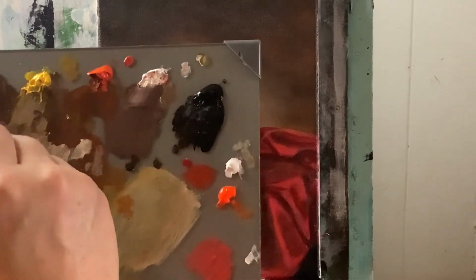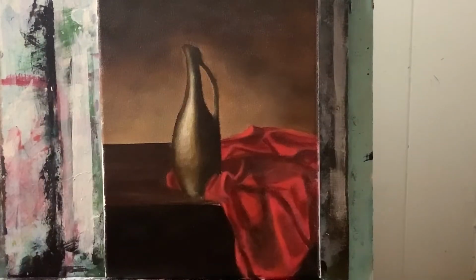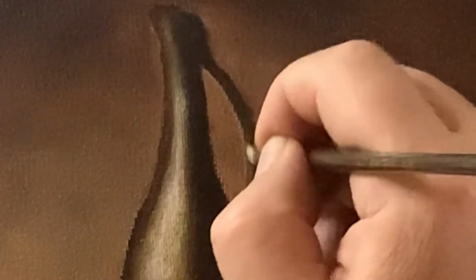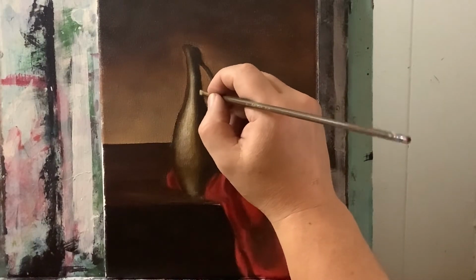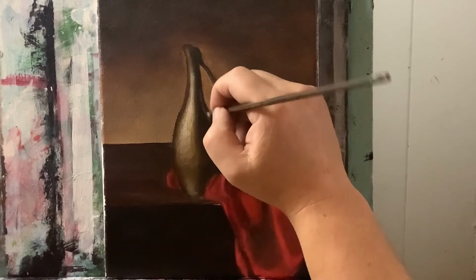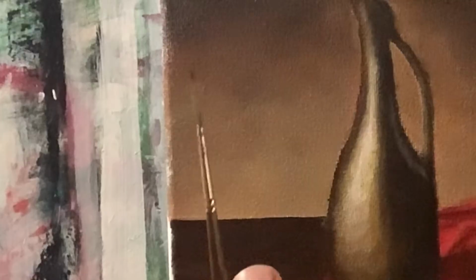Alright, now I'm just picking up some titanium white, just a teeny touch of this burnt umber into it. And I want to strike again this highlight on the inside of the handle right here. And with that same highlight color, let's give the handle reflection in the shadows like this. So notice this reflective highlight is not as bright because it is in the shadow, but again, these little things